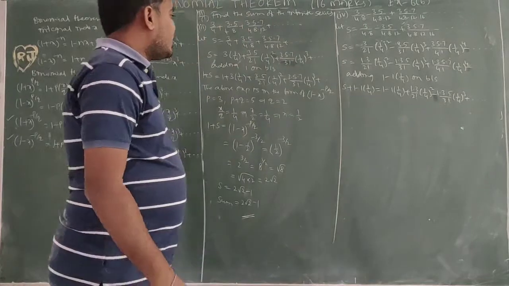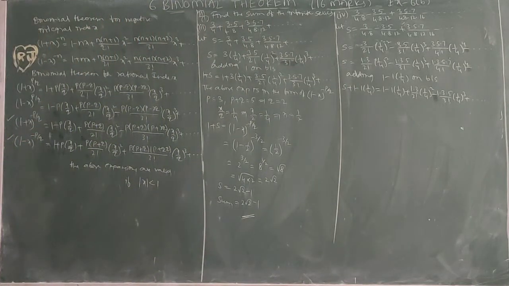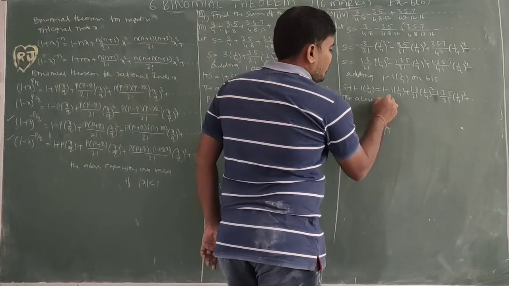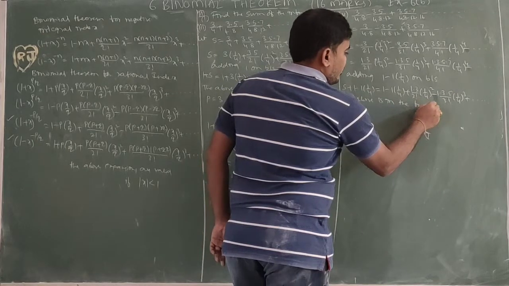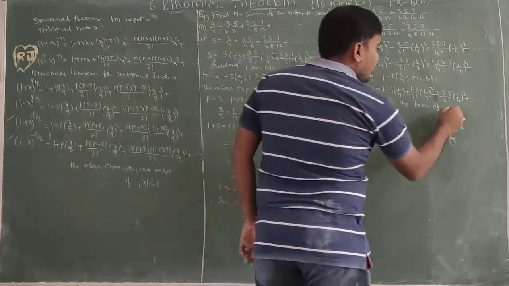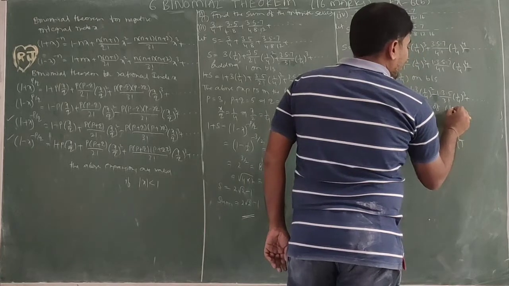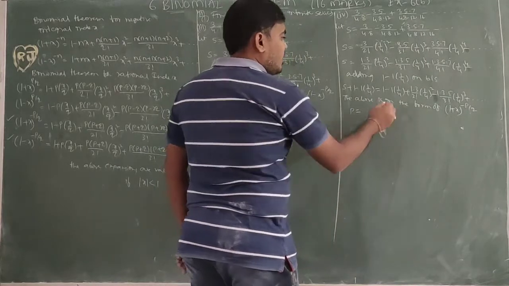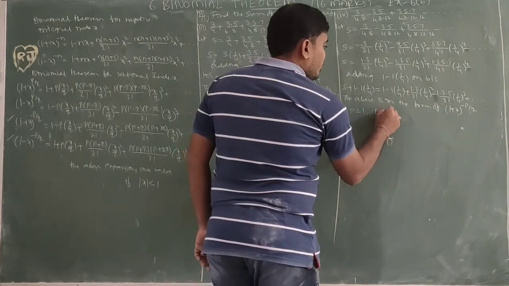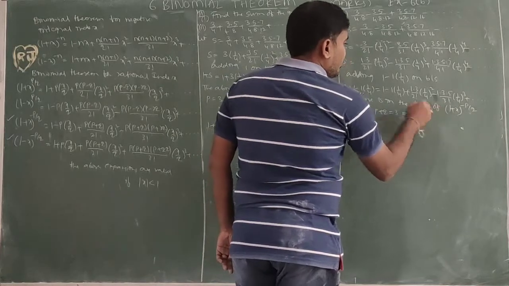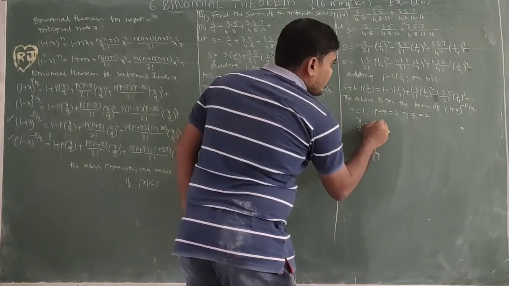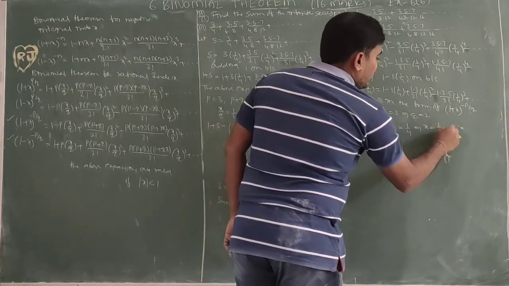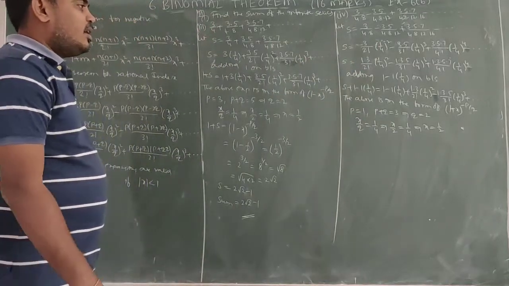Okay, now this is in the form of the formula 1 plus x whole power minus p by q. The above expansion is in the form of, what is the form? 1 minus x whole power minus p by q. P equal to 1. P plus q equal to 3 implies q equal to 2. Next, x by q equal to 1 by 4 implies x by 2 equal to 1 by 4, x equal to 1 by 2. So we got all these values.